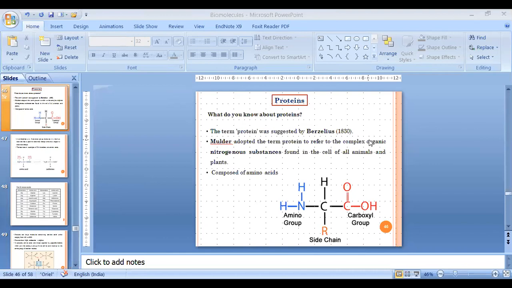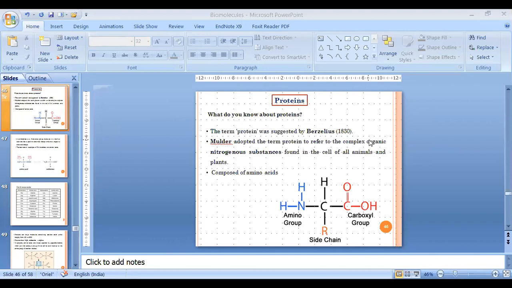But that's not all about proteins. That was about food. Even your nails and your hair are made up of proteins. Even though they are growing, they are also made up of proteins. The feathers of birds are also made up of proteins. The silk of the silkworm is also a protein. So all these compounds that we see present in nature are actually proteins.